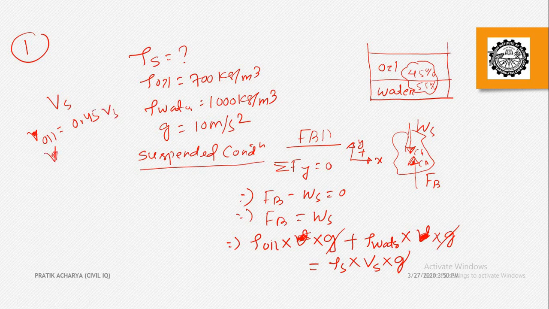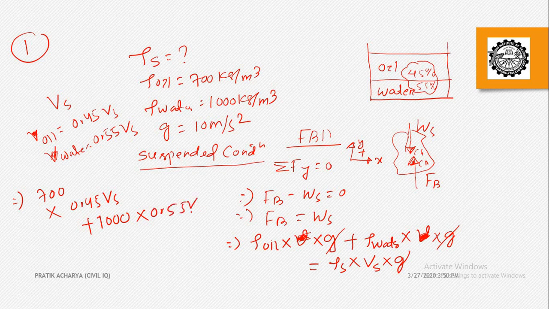So how much volume has been submerged in water? That is 0.55 of Vs. So directly I can put here the density of the oil, which is given to you. This is 700, into this, g is not required. The volume is 0.45 Vs, plus this is 1000, 1000 into 0.55 Vs, which will be equal to